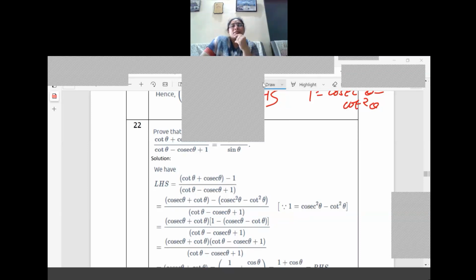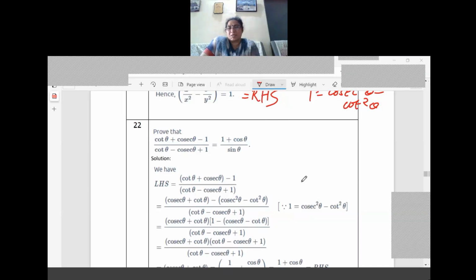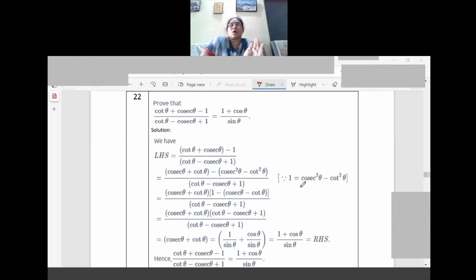Okay. Now what is the next step we should write? LHS to be taken first. So the first cot theta and cosec theta we are writing as it is the same. Listen carefully. Many methods will be there. Some may say that cot can be written as cos by sine, cosec can be written as 1 by sine. Any way you try, we need the answer only, right?